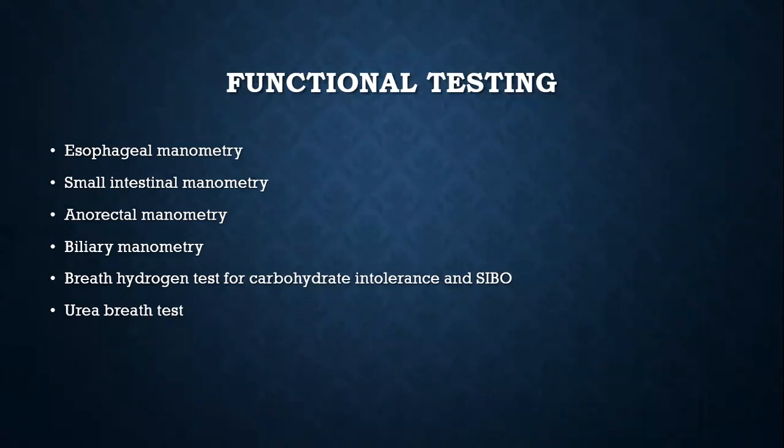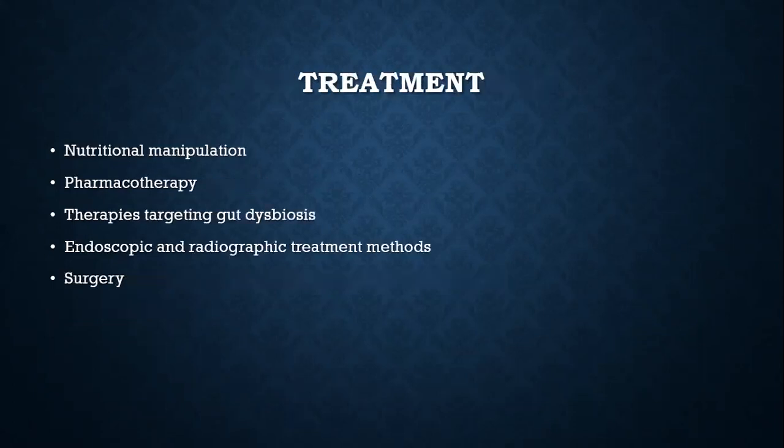The tests have gone to the next level, so that malabsorption can be diagnosed just by a breath hydrogen test. If the patient is having carbohydrate intolerance, we give them carbohydrate. The malabsorption will cause abnormal digestion and more hydrogen will be released. The amount of hydrogen is quantified non-invasively to find out whether the patient is really having some malabsorption or not. Similarly, the urea breath test is used for diagnosing H. pylori infection. So, summarizing, from a basic CBC to endoscopy to imaging to biopsy or to some non-invasive tests, the tests have progressed.